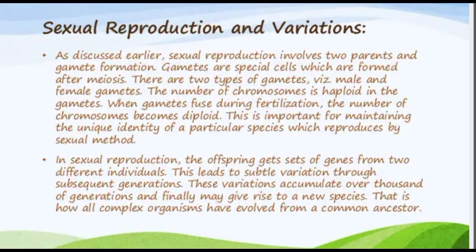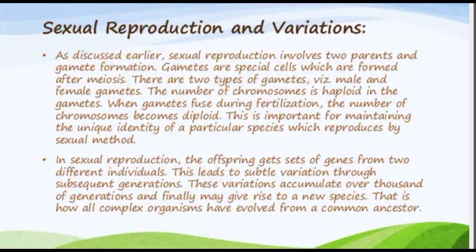But here also fusion of male and female gametes takes place and results in the formation of a diploid zygote. They are genetically different from both the parents, as characters are transferred from both the parents. Half the characters are from male and half from female, so it creates variation. Variation leads to diversity of new characters. Variation also favors evolution and plays an important role in the origin of new species.